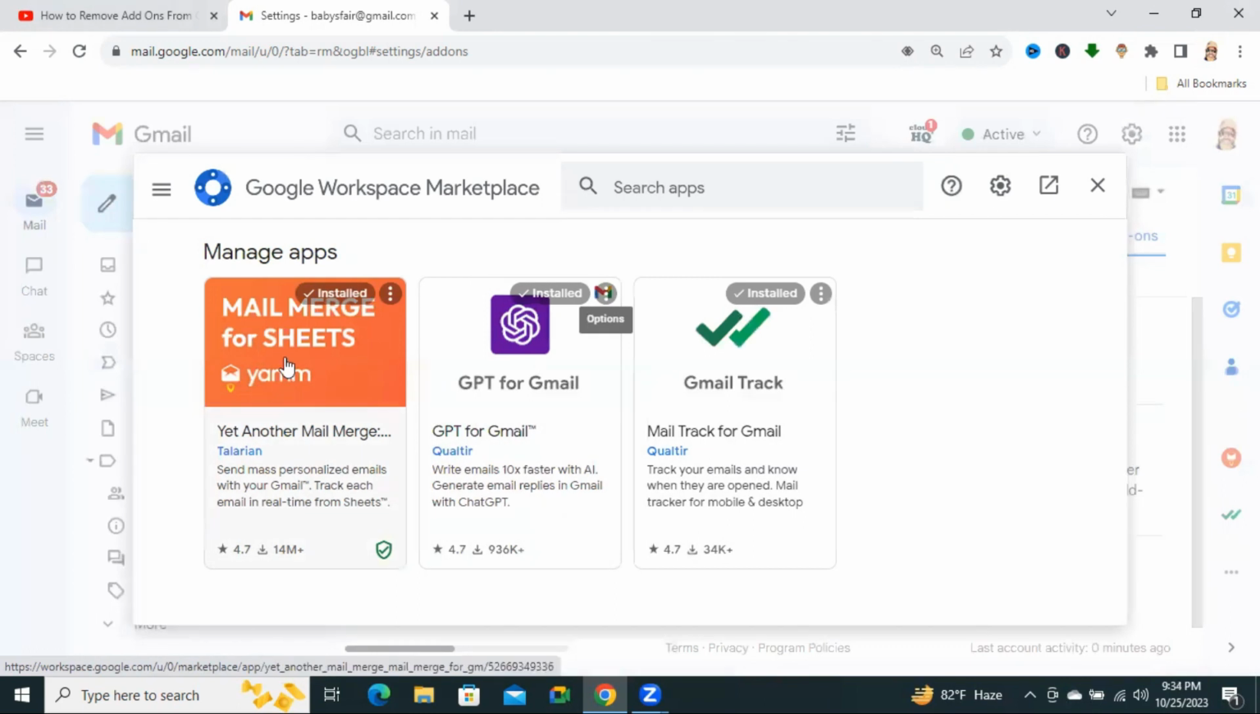I am going to show you how to remove Yet Another Mail Merge add-on. Click on the three-dot icon on the target add-on which you want to remove or uninstall. Click on the three-dot option and you will find an option here, Uninstall. Click on Uninstall,